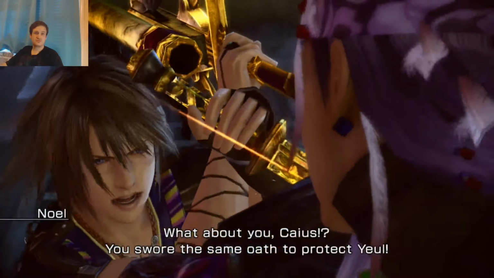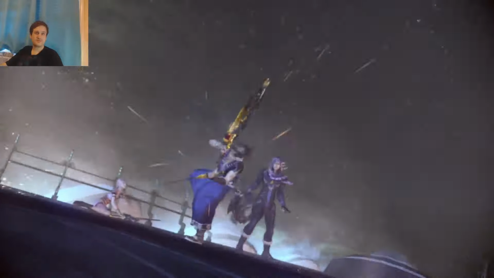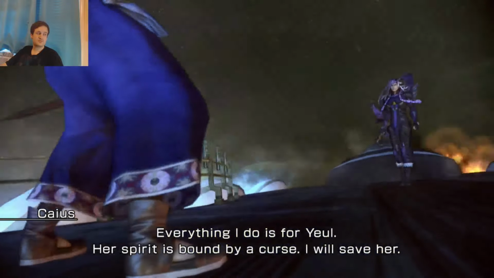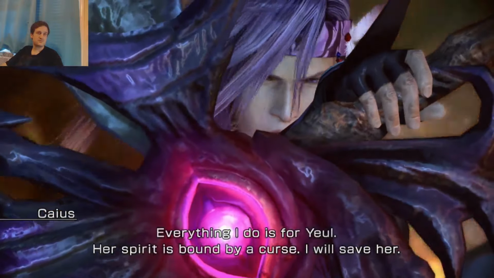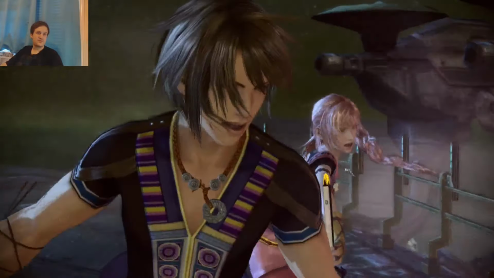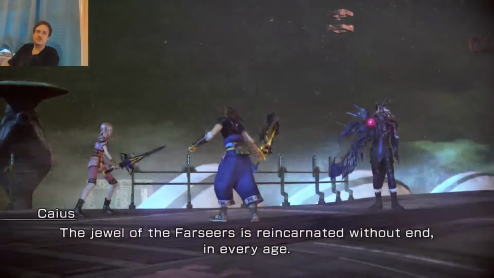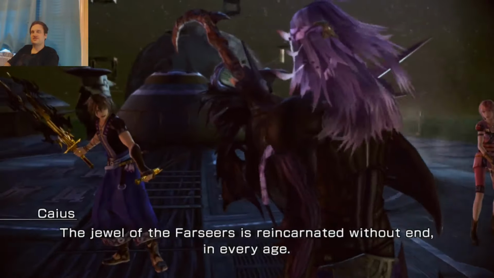Guardian. What about you, Caius? You swore the same oath to protect Yule! Everything I do is for Yule. Her spirit is bound by a curse. I will save her. What curse? How many Yules have you met? Have you not been paying attention? The jewel of the Farseers is reincarnated without end in every